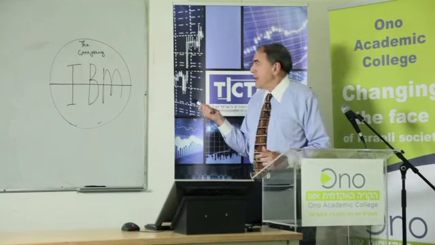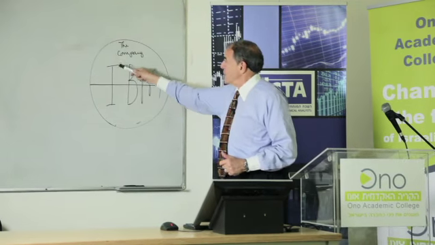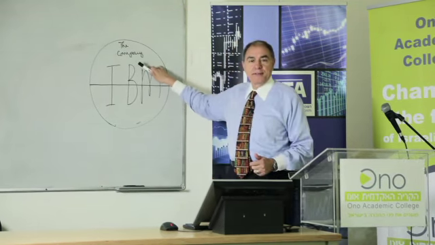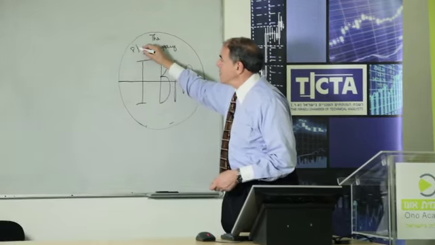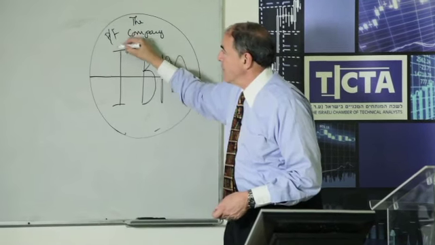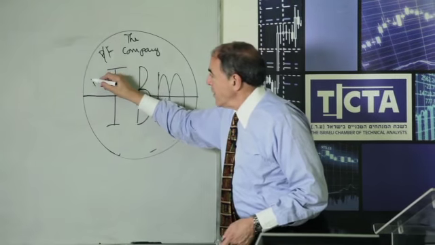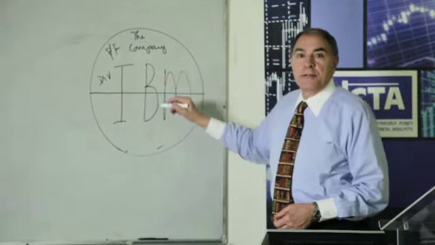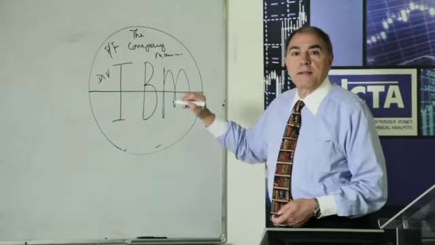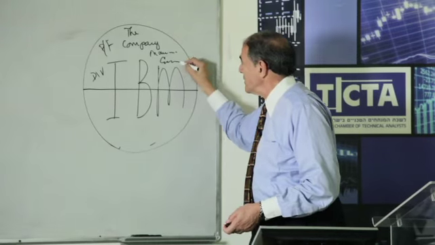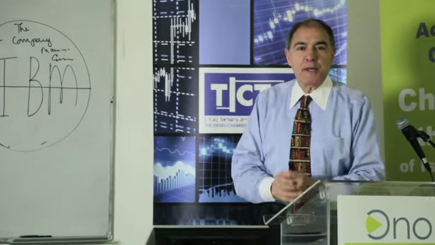In the case of IBM, you'll see the top of the circle is the company. And when analysts look at the company, they're talking about price-earnings ratios, the company's dividend, the management of the company, and competition. When you put all these factors together, that's what fundamental analysis is all about. They're talking about the company.